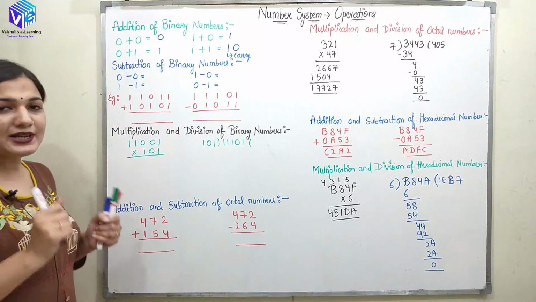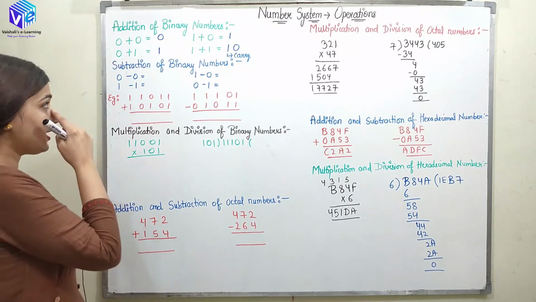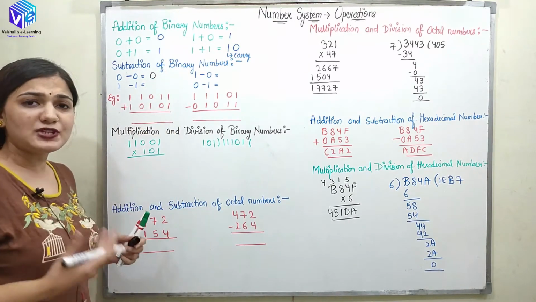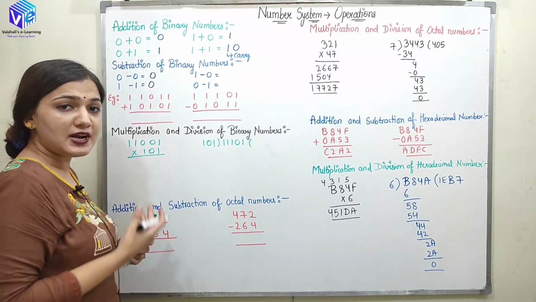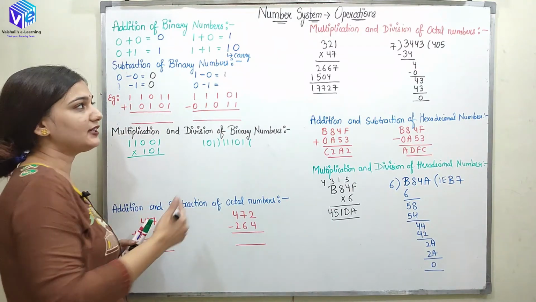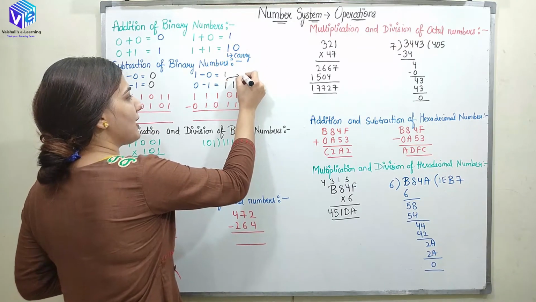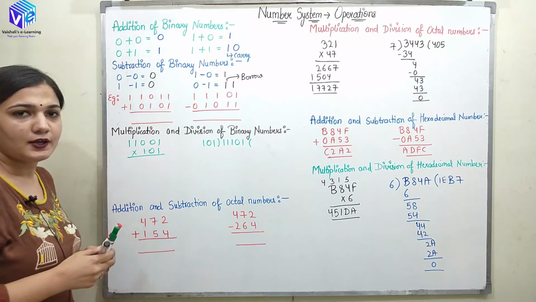Then we have the subtraction of the binary number. Again we will be having four possible combinations. 0 is subtracted from 0, we will be getting 0. 1 is subtracted from 1, again we are going to get 0. 0 is subtracted from 1, I am going to get 1, and when 1 is subtracted from 0, I am going to get 1, but 1 as the borrow as well. So here in this case I will be having a borrow, right?